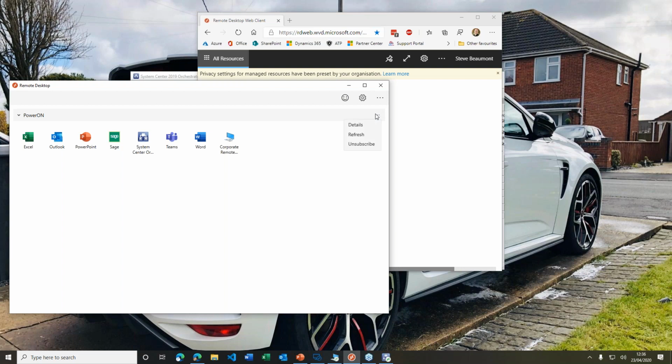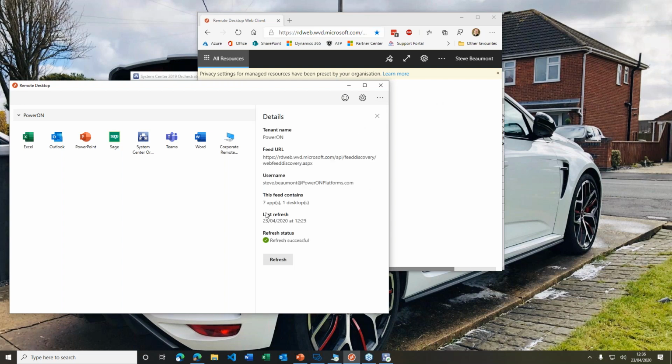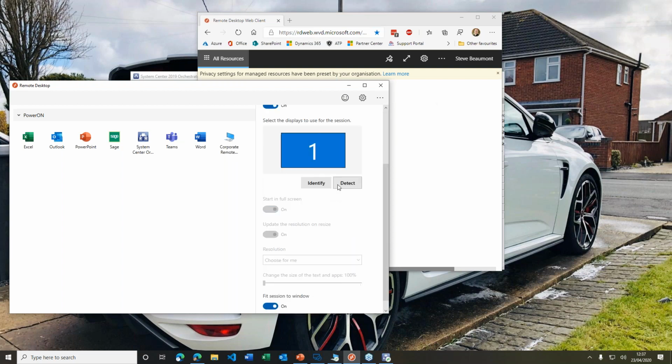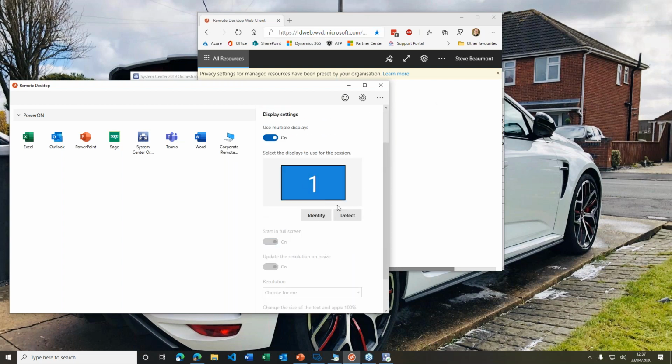When you're on the remote desktop client, then it absolutely has, but not on mine because I'm using a single monitor, the ability to actually determine, I think it's on the application layer actually, isn't it? There we go. Multiple monitors. So it is completely aware of multiple monitors when you connect to